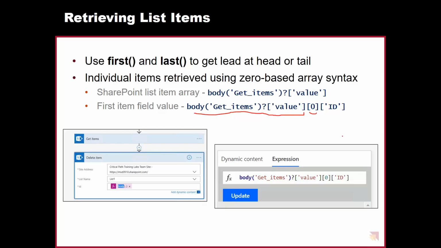If I say sub-0, I'm basically saying give me the first item in this SharePoint list of items, and now, since I'm there, give me the ID. Okay, so once again, do you want the collection, which is value? Do you want just one item out of there? Okay, now